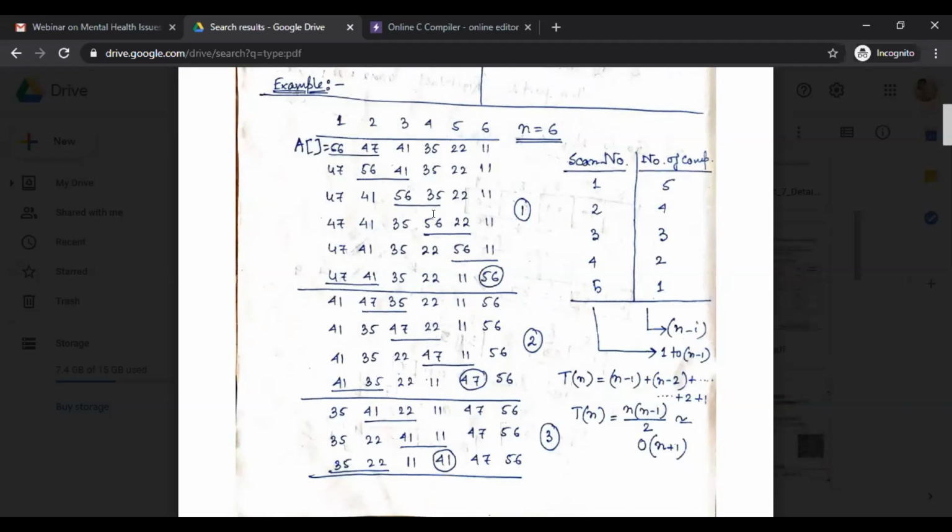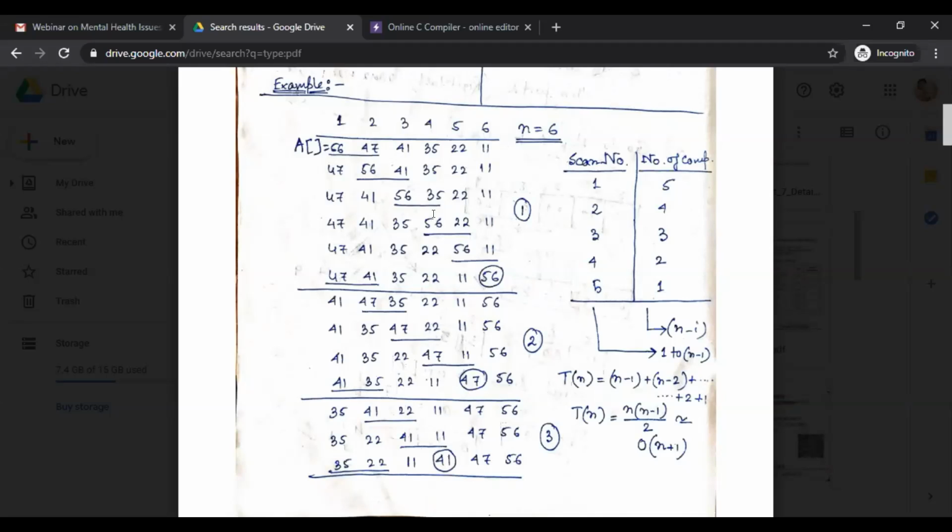So it is obvious that in that particular case, we have to execute a loop and the same thing is repeated again and again. But our loop is executed for 5 times. Why? Because if the 5 elements are sorted, then the 6th element is automatically sorted. It is not a requirement for sorting the last one. It is automatically placed according to our requirement, means according to the ascending order. So this is the main thing.